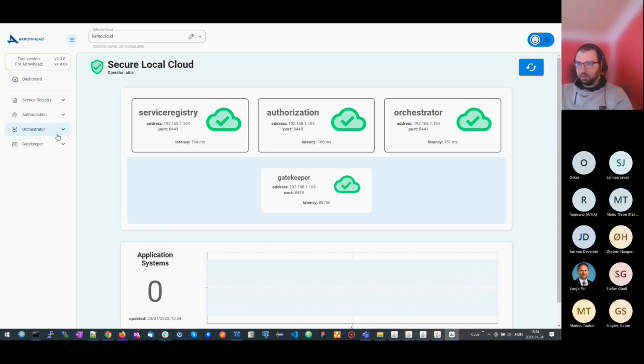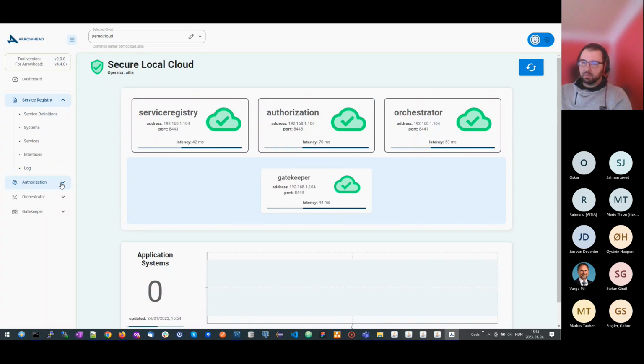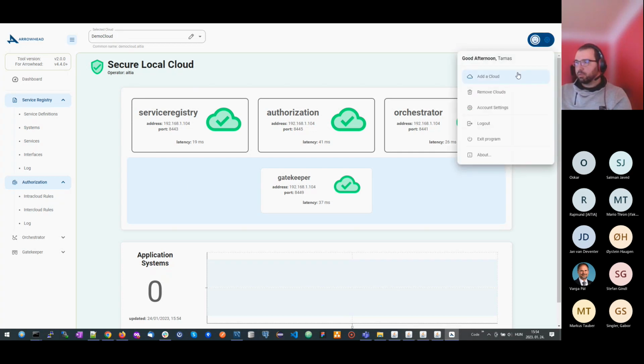Before we go into details with the different pages, I would like to show that we have the system menu on the left side with the various possibilities, with the various management tasks you can do, and we have, let's say, a profile menu where you can add another cloud, remove an existing